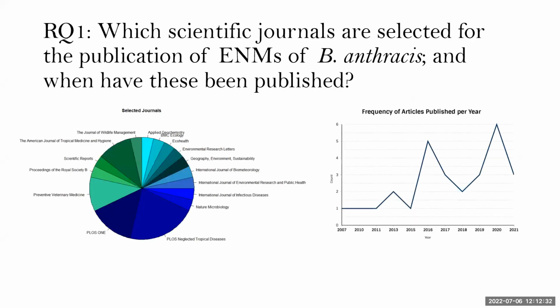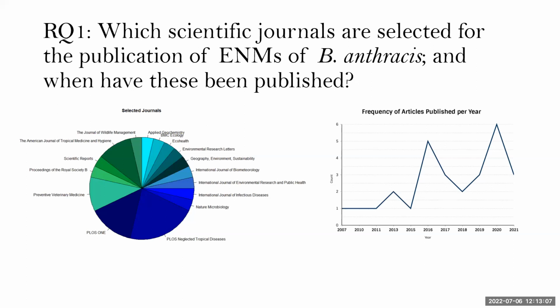So the journals that are most frequently used were PLOS Neglected Tropical Diseases, publishing 6 out of the 28 papers, then PLOS ONE, Preventive Veterinary Medicine, and the American Journal of Tropical Medicine and Hygiene. The figure on the right shows the number of articles published against the year of publication, and the overall number of peer-reviewed publications has gradually increased from just 1 paper in 2007, published in American Journal of Tropical Medicine, to 5 articles in 2016, and 6 articles in 2020 across a variety of journals, and only 3 were published in